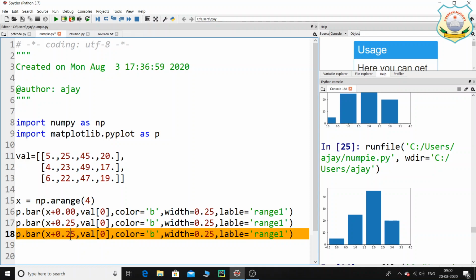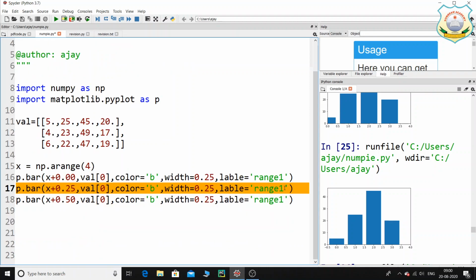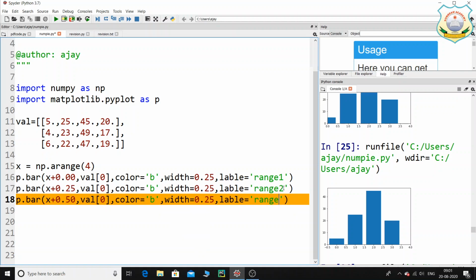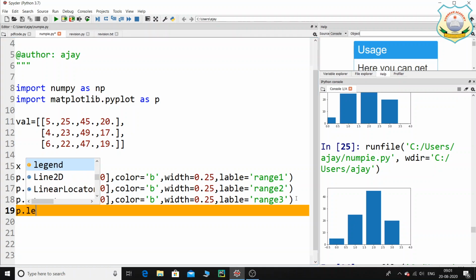So if I add 0.25 to it, it will become 0.5, and then I can change this to 2 and 3, and then I have to use p dot legend,